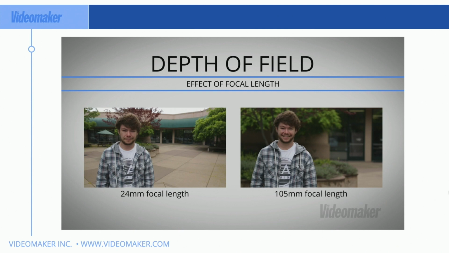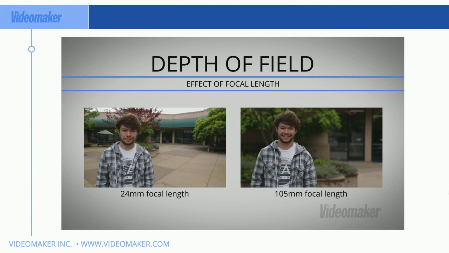space compression. What space compression does is it brings what's in the background closer to your foreground, which means the things that are blurred in the background are now closer, so you can see how much blur is there. If we scaled up the background of the 24 millimeter shot on the left to the same as the one on the right, you would see the same amount of blur on that background, but you just see so much more of it, so it's perceived as having a shallower depth of field, even though there is no change in the actual depth of the focus area. Brad, that answers it. Cool.